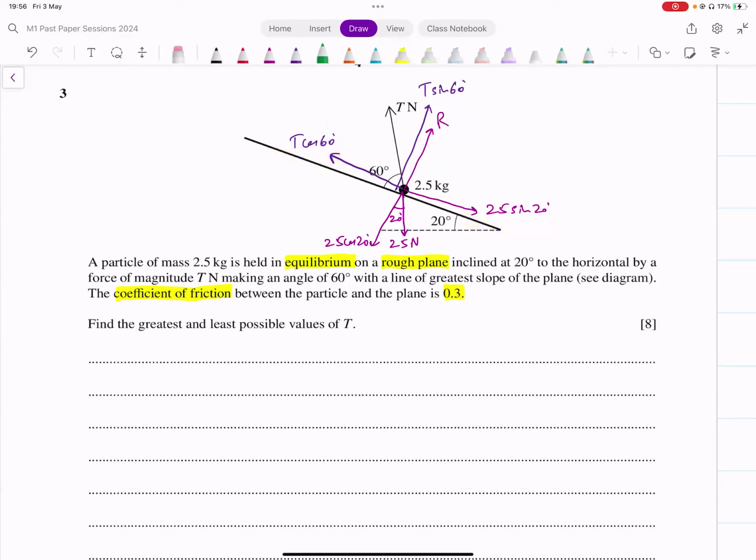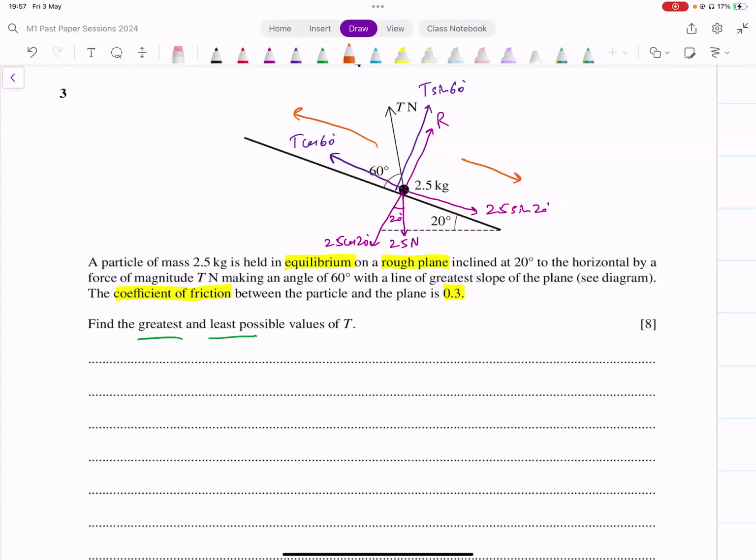Now, they are saying find the greatest and least possible values of T for the particle to remain in equilibrium. What do they mean by greatest and least possible forces? If T was too big, if this force T was very large, T cos 60 would become very large. And if T cos 60 becomes very large, the particle will start moving to the left eventually. And if T becomes very small, if T is very little,